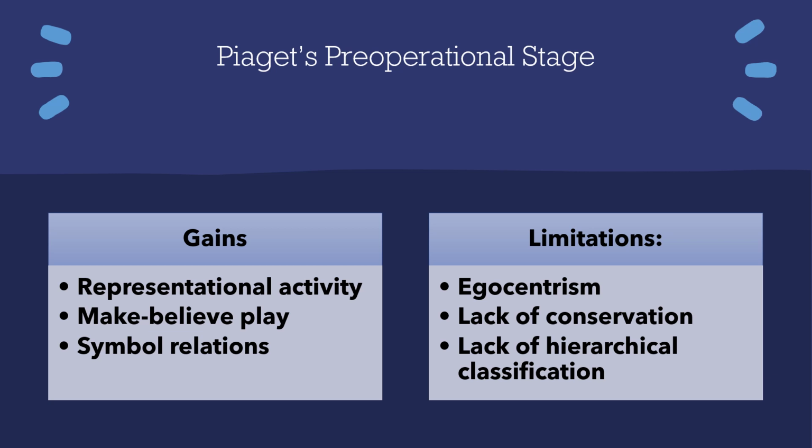Along with that comes the development of make-believe play. So kids during this 2 to 7 period start to develop a very active imagination. They can pretend to be pretty much anything. Often they spend a lot of time pretending to be occupations that we tend to really glorify in a society. So in the US, that would be things like a police officer or a doctor. They're often pretending to take on those roles.